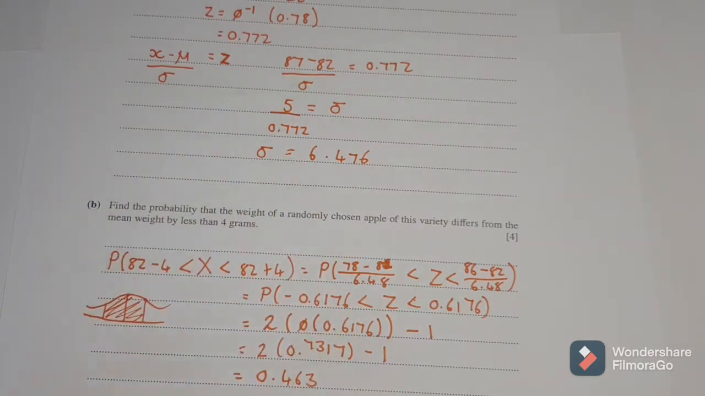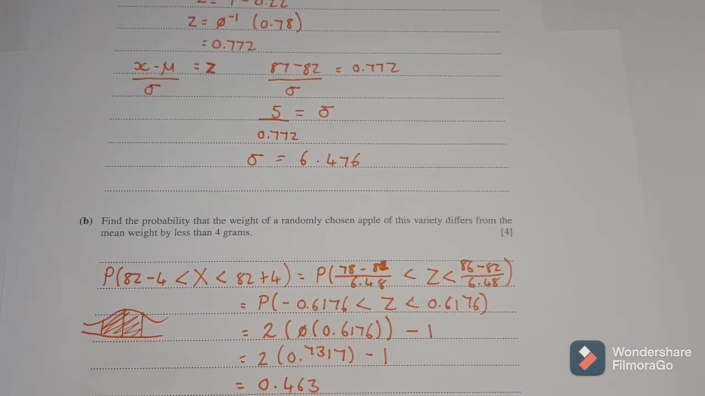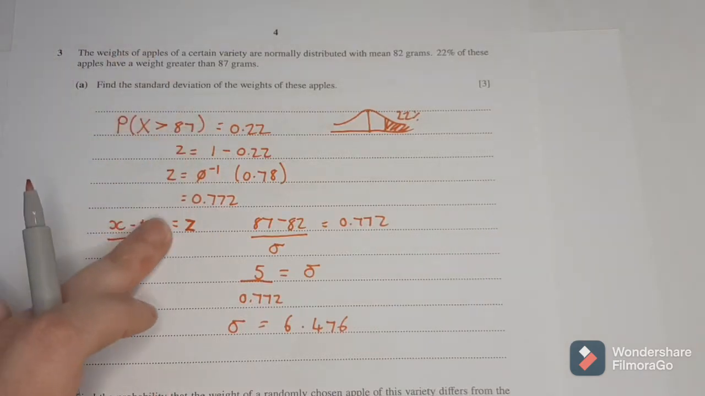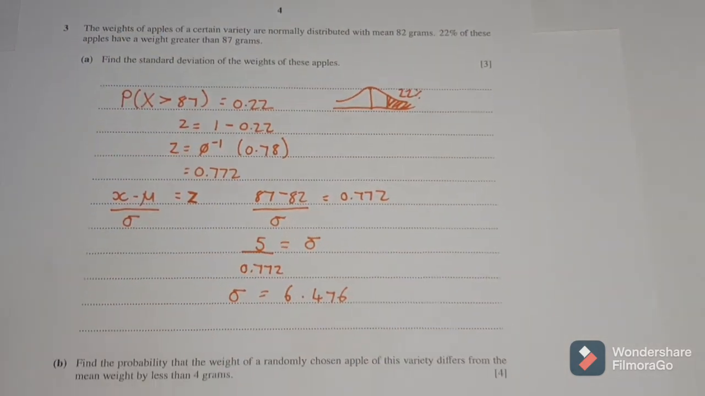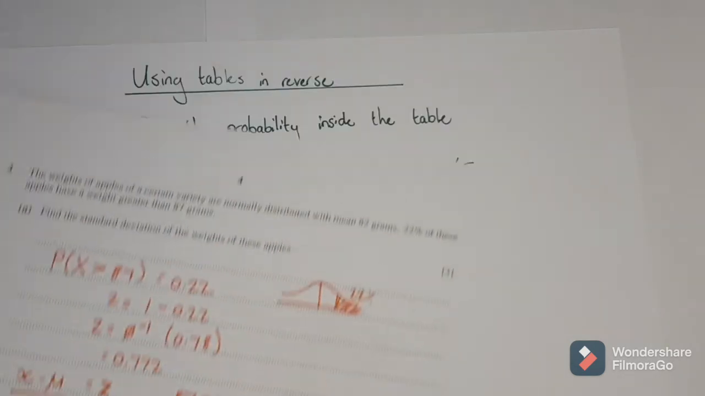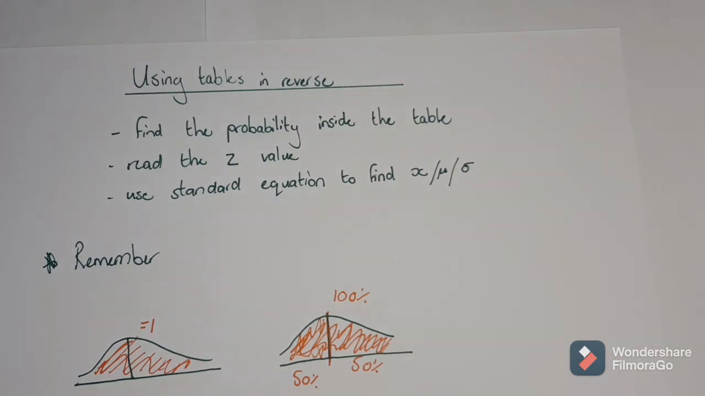0.463. Okay, so now just don't get confused about when I'm using a percentage to find a Z value and I'm looking inside the table, or when I'm finding probability and I'm looking outside its Z to find inside the table. Okay, so then if I look at another example now